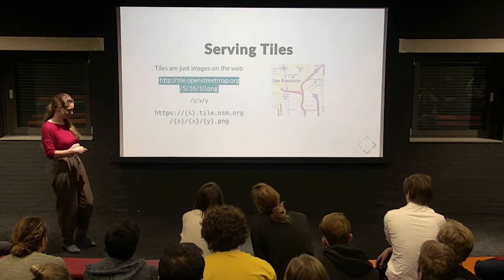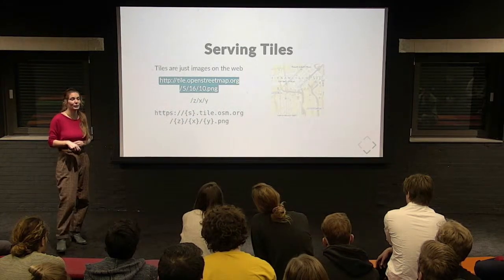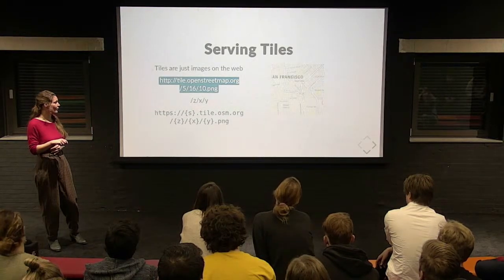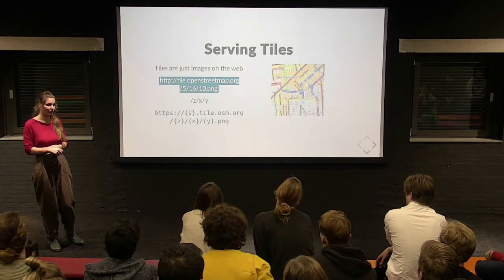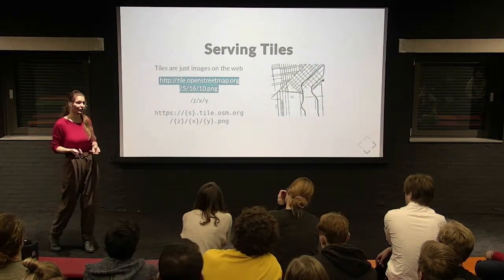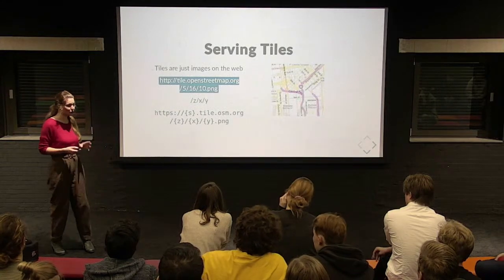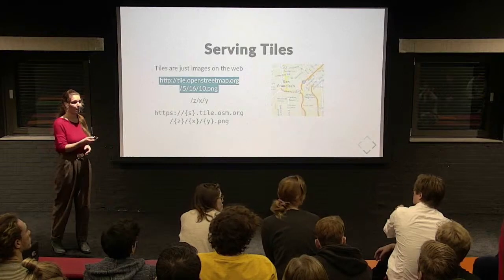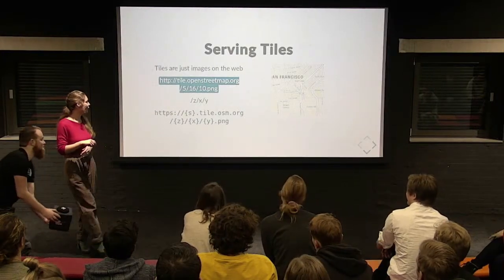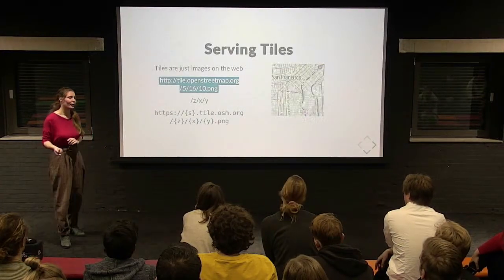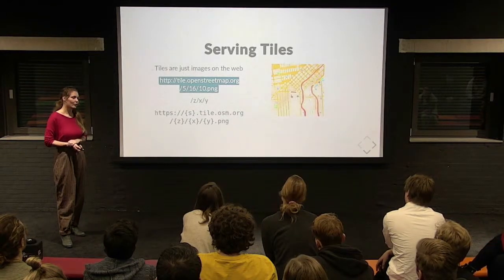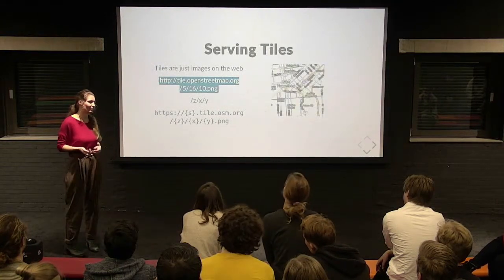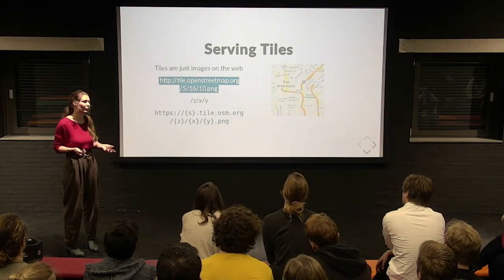In code, that might look something like this. This is, for example, a URL to request tiles from OpenStreetMap, and then you have the Z, X and Y position. The Z is the zoom level that you're at, and the X and Y are the X and Y position in the grid. So it's not the coordinate, it's the tile position in the grid. You can also have multiple threads, so you can have 3 or 4 endpoints to do even quicker requests for images. So you can request 3 or 4 at the same time.